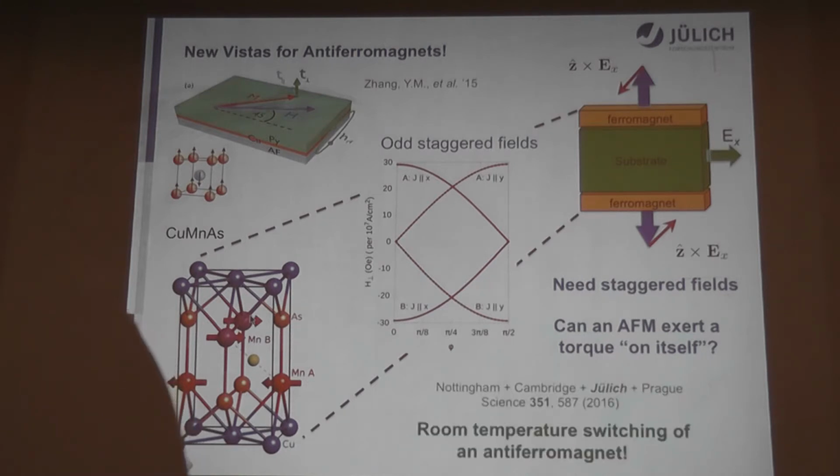Our calculations confirm the physics, the magnitude, and the staggered character of the fields which act on the magnetization when you apply a current in such a compound, and therefore can establish room temperature switching of an antiferromagnet by an electric field. This is the first proof-of-principle work which brings antiferromagnets into a wider landscape of spin-orbitronic effects, where we know it is crucial to control the magnetization and preferably use the electric field for it. In the last part of my talk, let me discuss with you the vision of ultrafast spintronics.